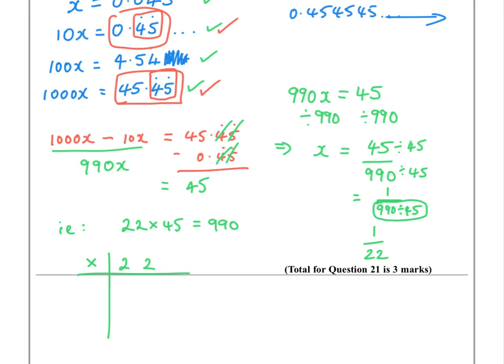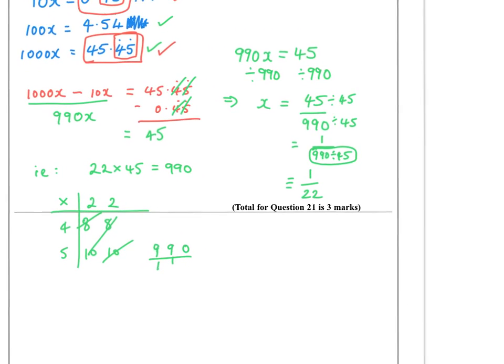So we times that by 45, and we get 8 and 8 and 10 and 10. So that would give us the 10, 18 and 1 is 19, 8 and the 1 is 9, that's 990. That would be good enough. Or, this is the nice thing about number, if you had